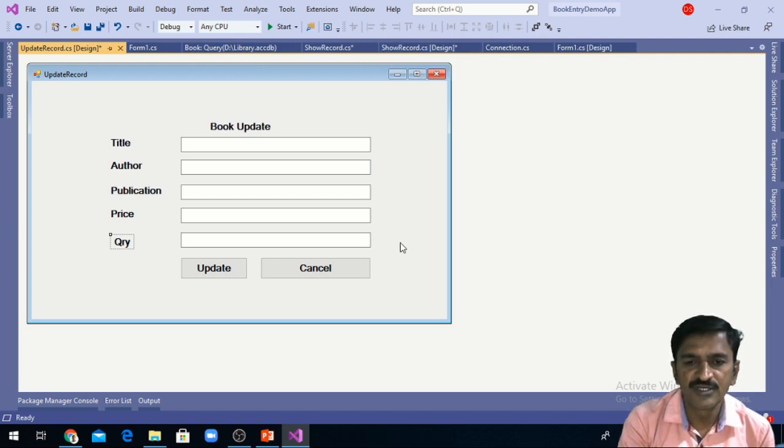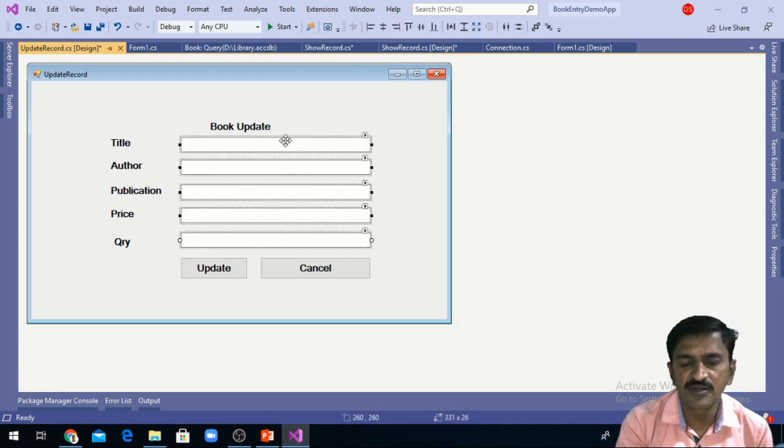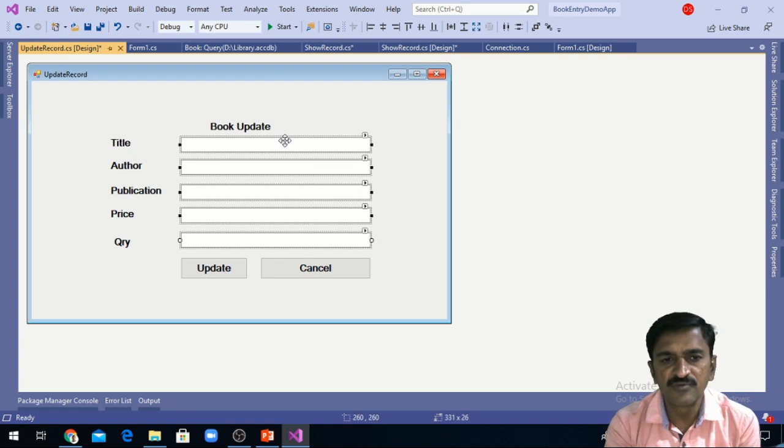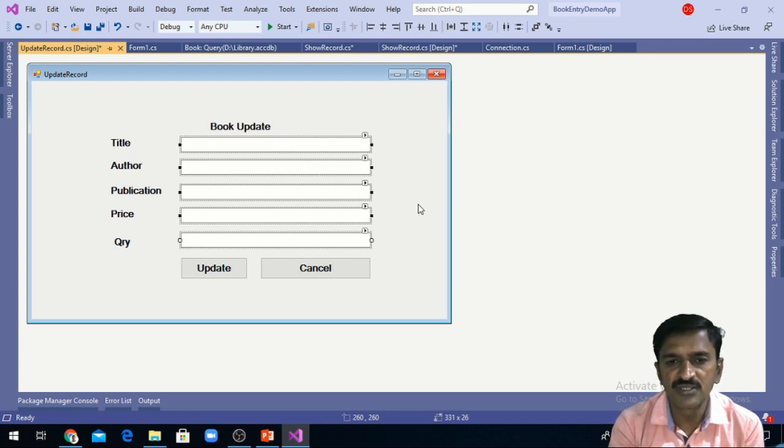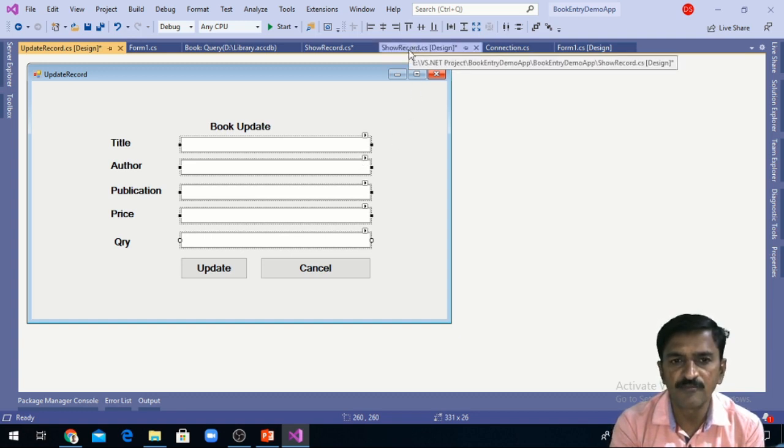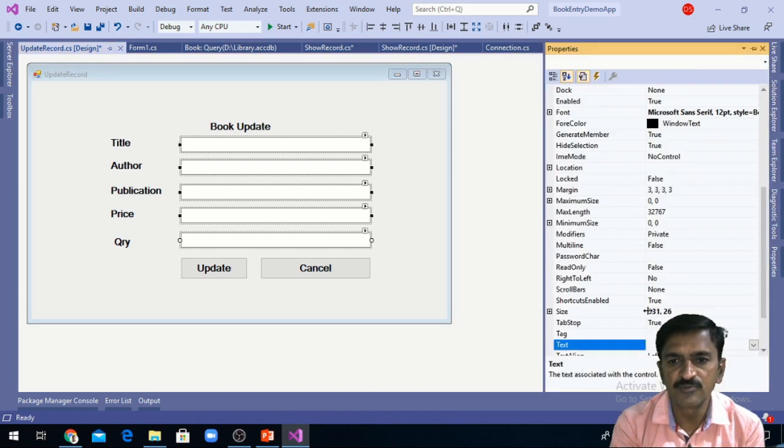So we need to change the modifier of this form. The default modifier of every form control is private. So we need to change the modifier to public so that we will be able to access those controls on show record form.